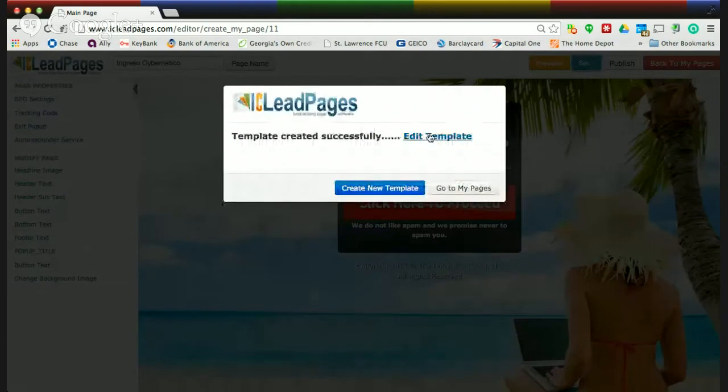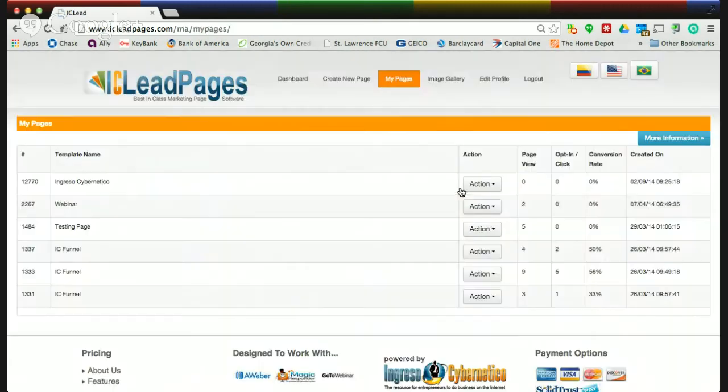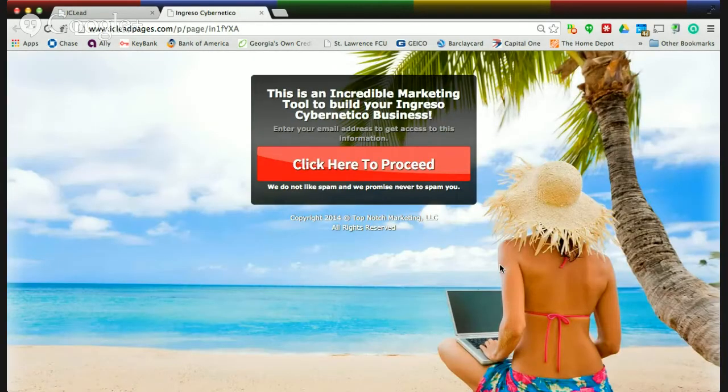Okay. Now, what I like to do is go to my pages, and it's going to direct me to my pages. Now, here's the page I just created, Ingresso Cybernetico. Now, what I want to do is go up here and visit the page. I want to see how it looks on my browser, because here's the key to your success on the